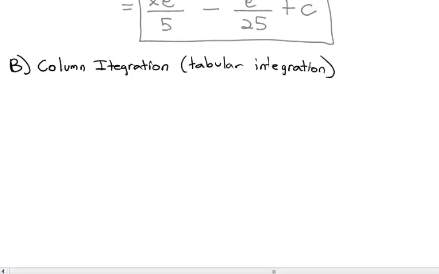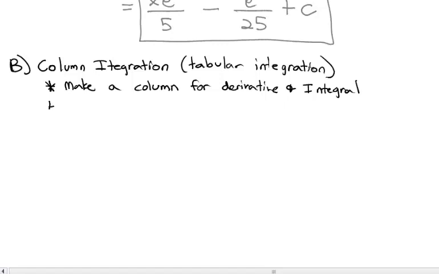The way column integration is going to work is we're going to look at the problem and break it into two parts. A part that we can take a derivative of, and a part that we can take an integral of. We are going to make a column for the derivative and for the integral. Then we are going to go down the derivative column and take derivatives